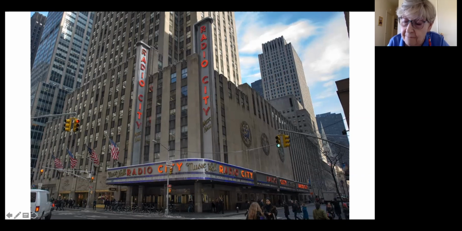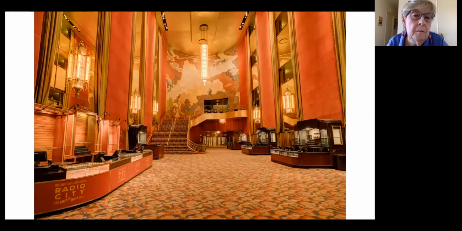But now we're going to go inside to the lobby, the foyer, which was designed by Donald Desky, who was an industrial designer, and industrial design also became much more important almost as an art form in the 1930s. And Desky, when he did this, said that he intended this to be a palace for the people, to raise everybody's spirits, to help them experience the potential grandeur of their lives.